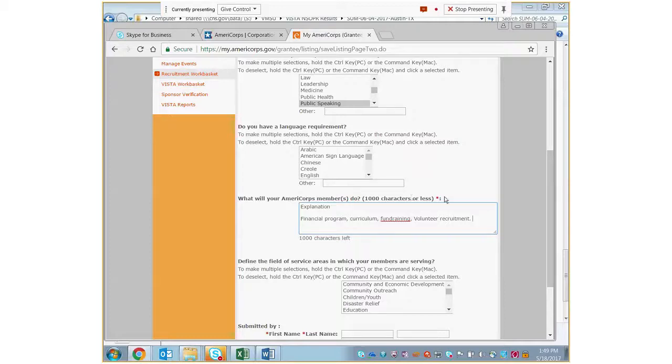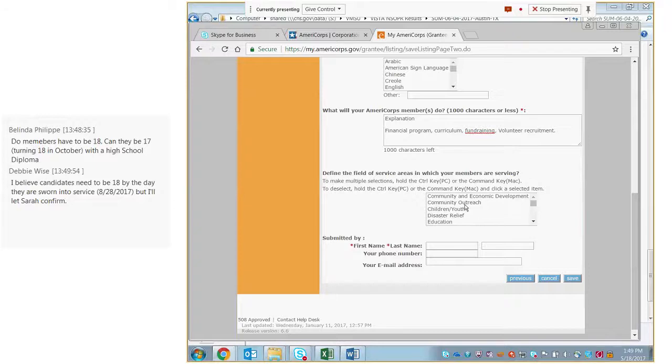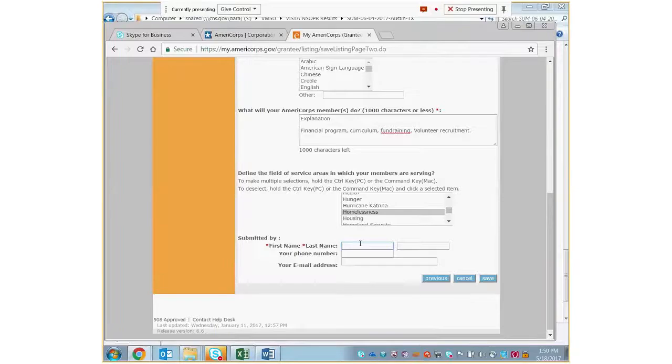Once your activities are in the system, you scroll down a little bit. You're going to choose your service areas in which the members are going to be serving. For all of you, it's likely that the members will be focused on neighborhood revitalization, but they might also be working on things like technology, or they may be working on homelessness within your local community. Select all of those service areas and be generous there, because what you put there is going to drive how people find positions in their preferred area for application.